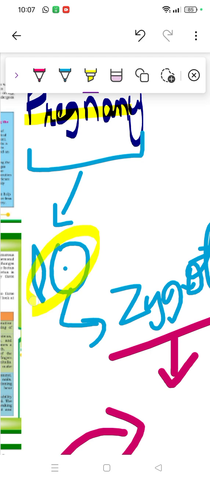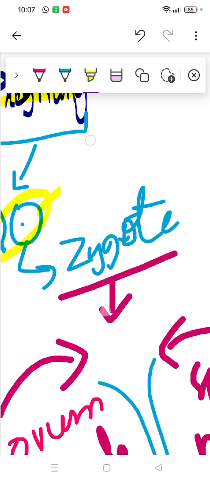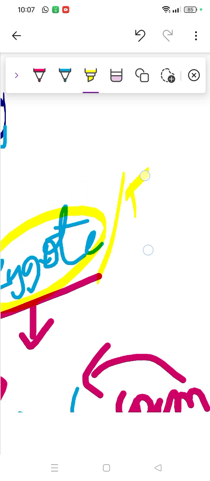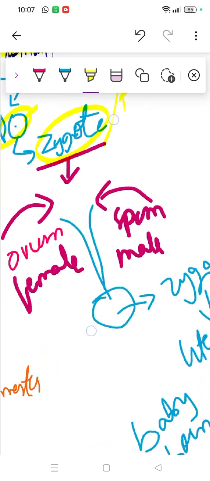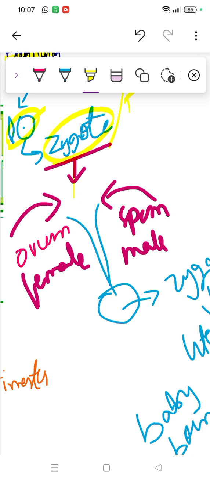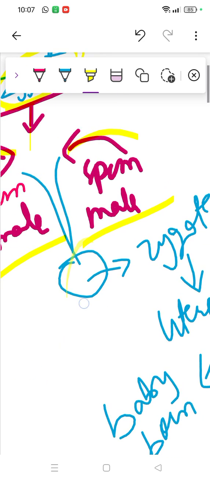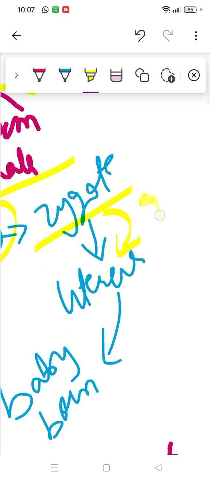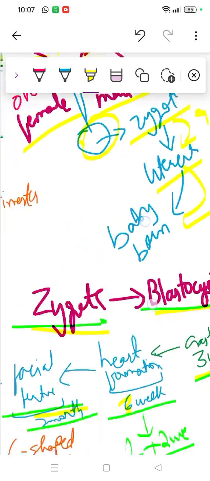First thing is the ovum and sperm. When they both get fused, they form a zygote, which is also called a fertilized egg, which I'm not writing. I mentioned it in other videos. Zygote is simply when the ovum from the female and the sperm from the male come together. They form another structure called a zygote, which stays in the uterus for around 9 months. When it stays, it forms a new child, like a new child is born from that